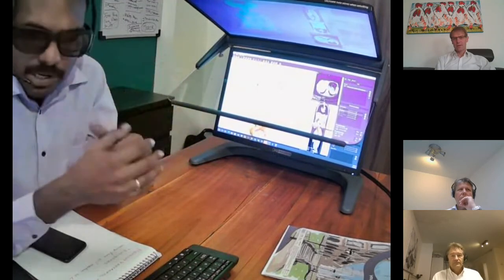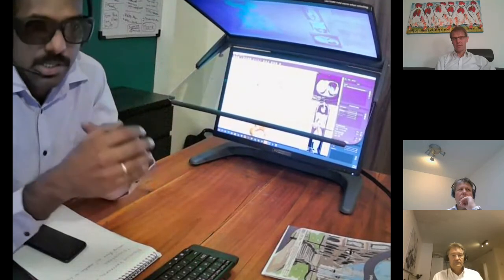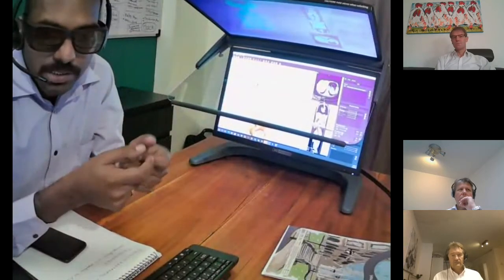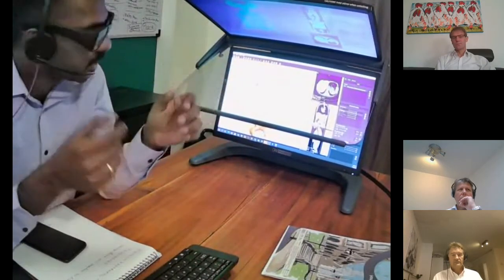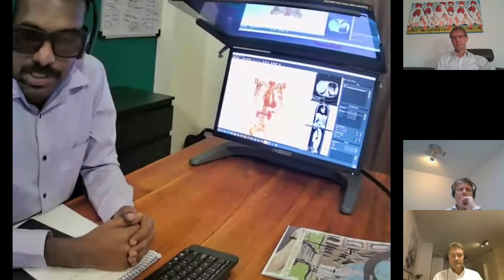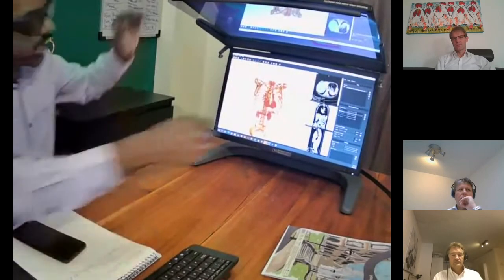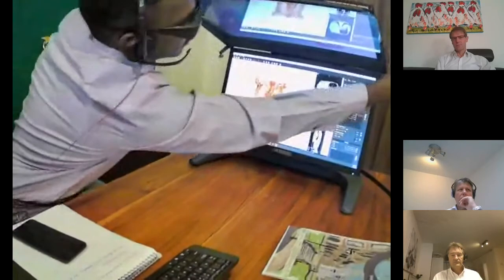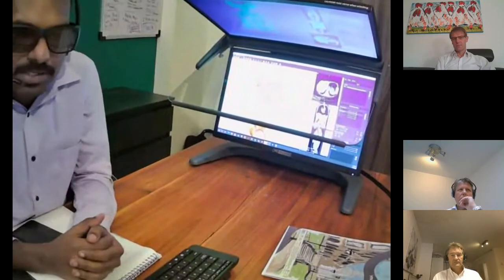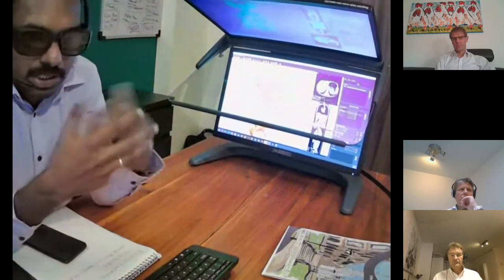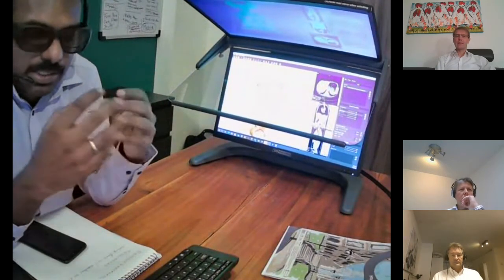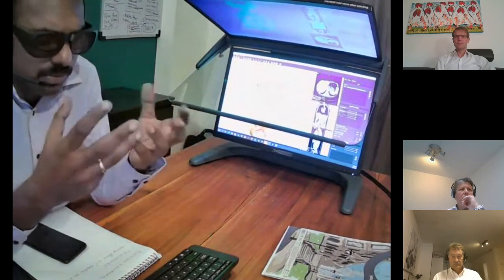And one more feature is that right now I am seeing in 3D. Suddenly, if I want to look at this model in 2D, all I have to do is just raise this up. Now you are in 2D. It's just like a normal monitor. And suddenly I can just put it back. Now it's 3D. So the technology that works is passive, because if you are working for hours and hours on a data set, you will not have any problem with your eyes, especially when you are visualizing in